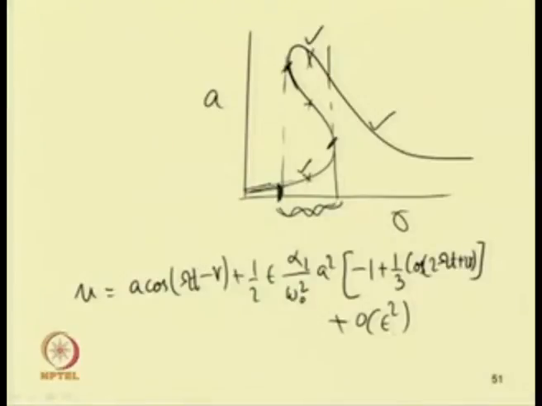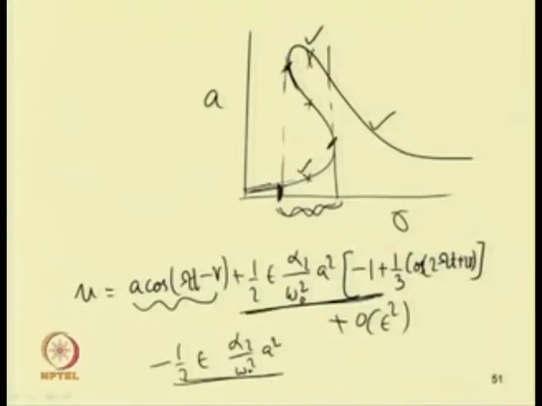One can note that in case of cubic nonlinearity we have this same term, but in this case, due to the presence of the term minus epsilon half alpha 2 by omega 0 square a square,